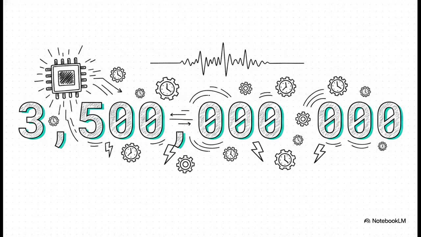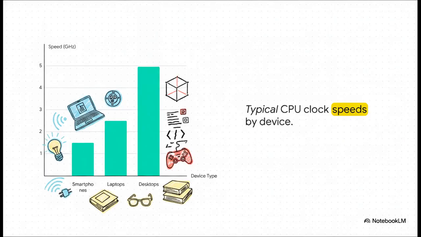an output. 3.5 billion. Looking at these processor speed tiers makes it pretty clear how different devices need totally different levels of power. A 1 to 2 gigahertz chip, that's perfectly fine for a basic smart appliance or a low-powered connected device. But if you're multitasking on a work laptop, you're going to want something in the 2 to 3 gigahertz range. And if you're diving into intense 3D rendering or high-end gaming, you absolutely want that 3 to 5